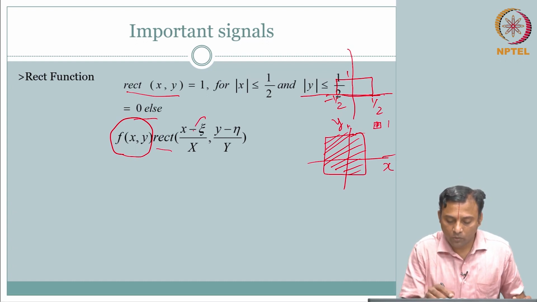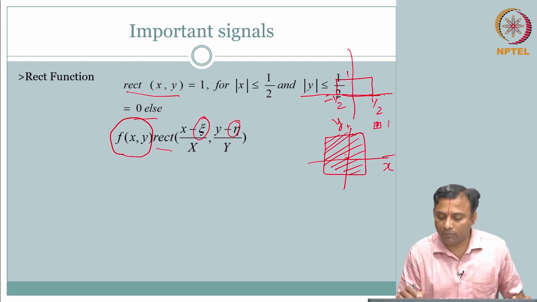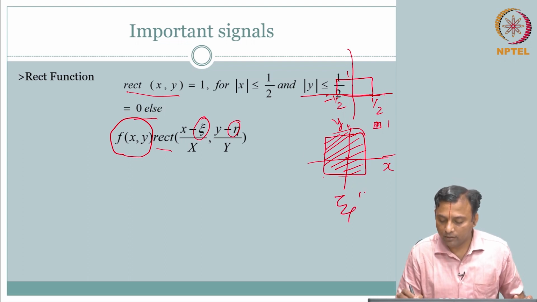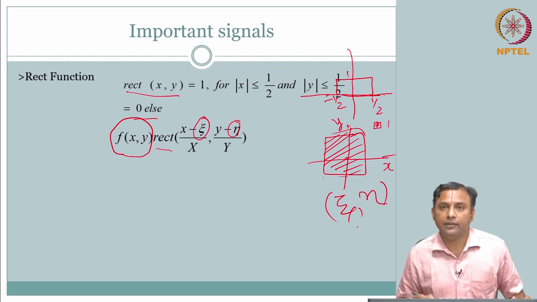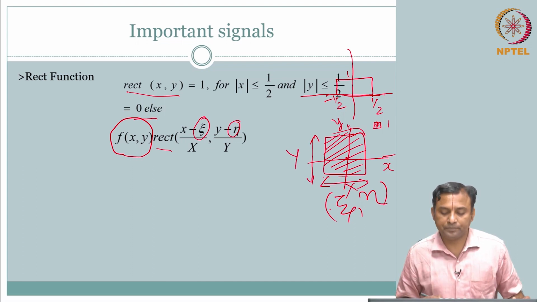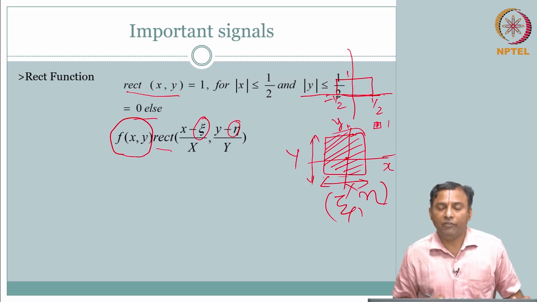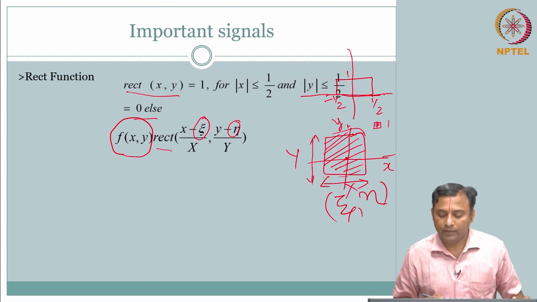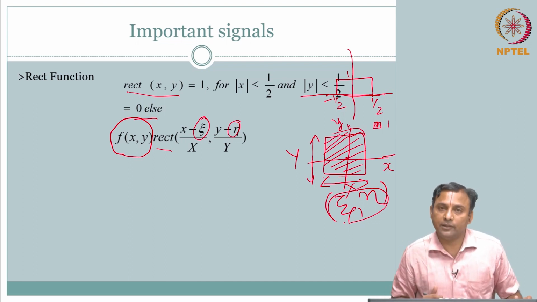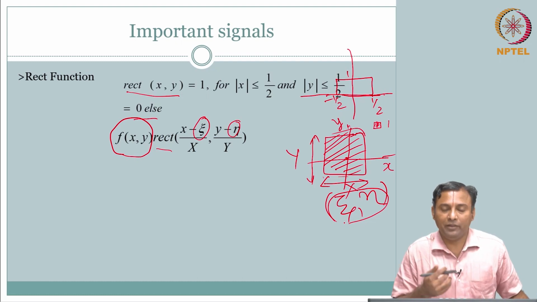What does this mean? This is offset. So instead of 0 comma 0, I can move this rectangle to different locations and center it around some arbitrary epsilon and eta, right. I can center it there. So I can have a rectangle of width and height x and y centered around epsilon and eta. Clear? So see the powerfulness. You can pick areas. That is where this becomes very useful, mathematically, to use this. Okay.